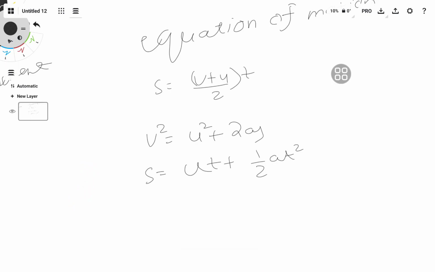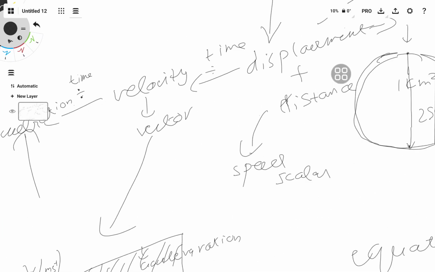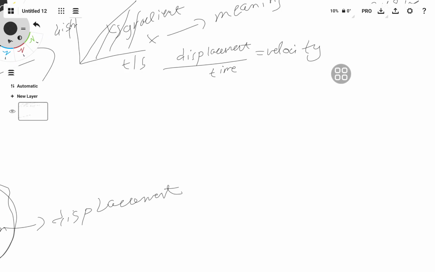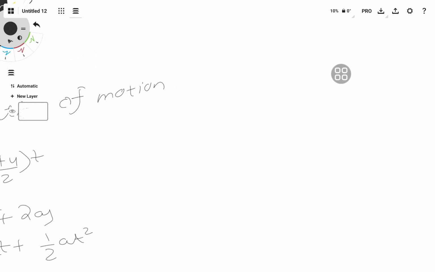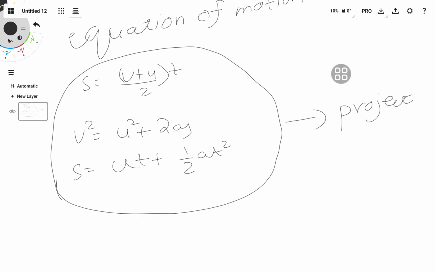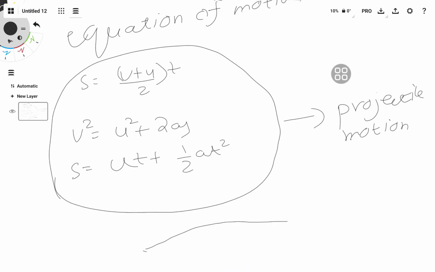We also have all of these here, and we have linked these together. So let's talk about projectile motion, which directly uses these equations. Projectile motion,